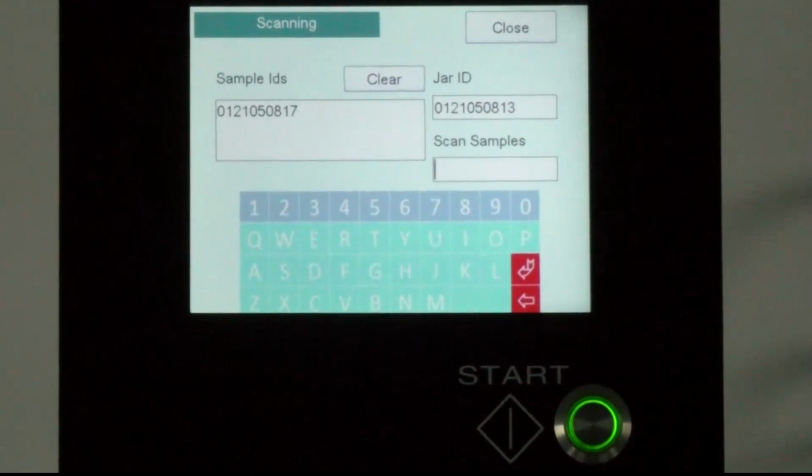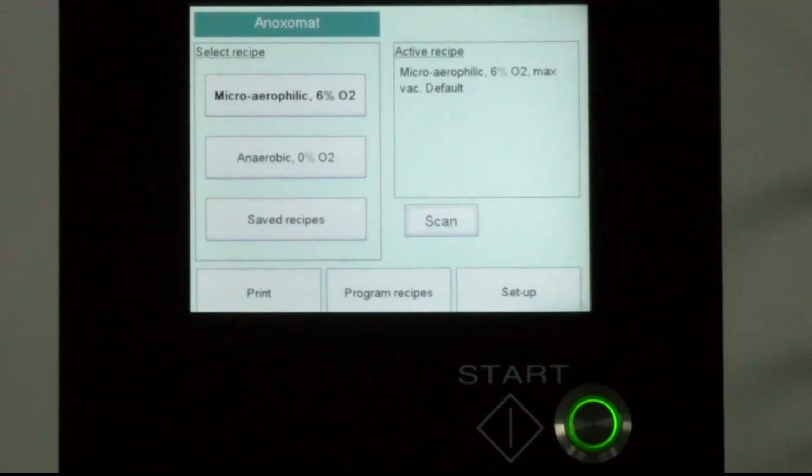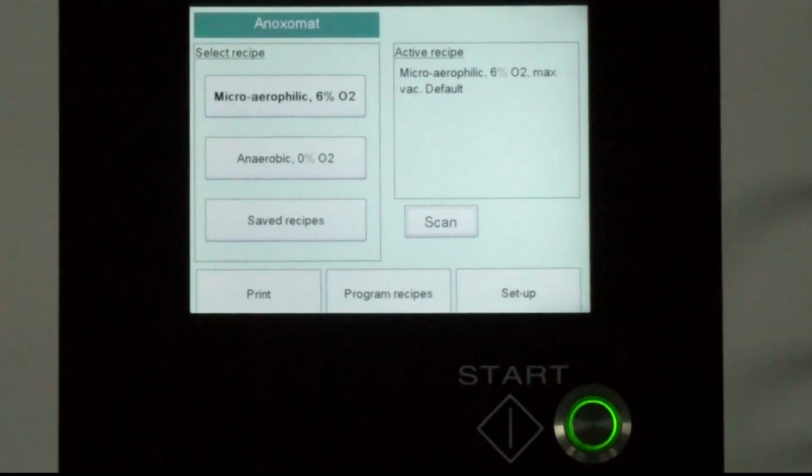I've tossed these around a little bit, I guess. So the second set of plates are being scanned in there. So I'll go ahead and place those back in my jar. And then we'll go ahead and just accept what we've scanned in. And then I'll at least show you really briefly what it looks like when I go